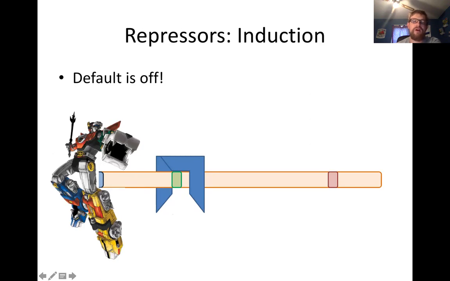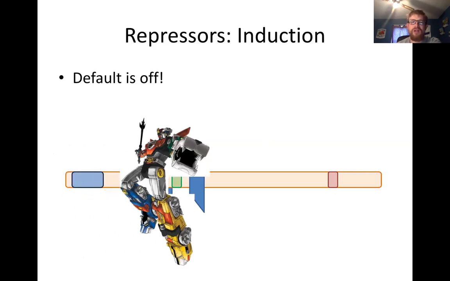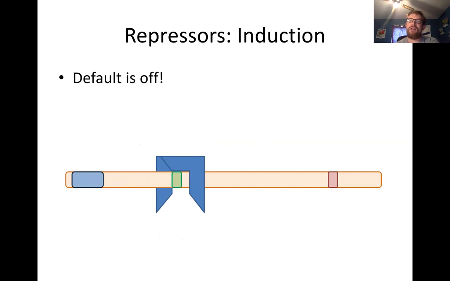This is my RNA polymerase. RNA polymerase is bound to the promoter. We have a repressor though that's around the operator. And notice down here, this would be the terminator sequence. So when that RNA polymerase tries to move down, it hits the repressor and it's knocked off. It can't pass.